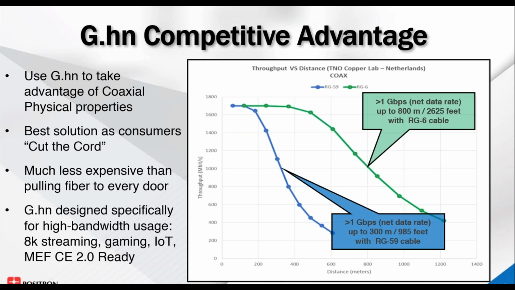When we go over coax, the green line is RG6. So that's the standard coax you find in most buildings. And you can see the attenuation is next to nothing for the first 400 meters or so, so in excess of 1,000 feet, which means it's a sizable building. And then it tapers off a little bit, but you can still get a gig at 2,600 feet, half a mile. If you end up in a building where you have the lower quality, lower grade RG59 cabling, the type of coax you may find at your local home hardware store,